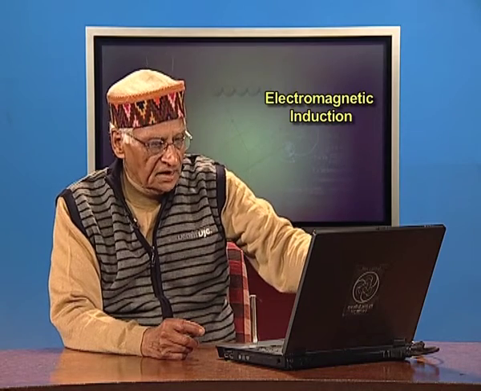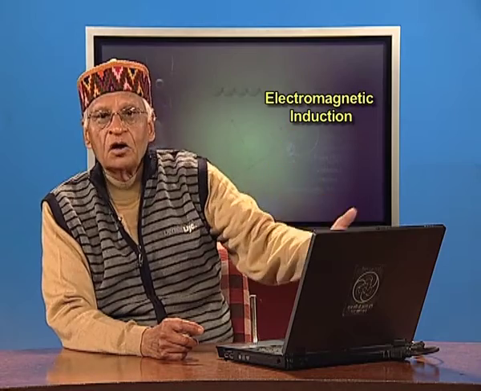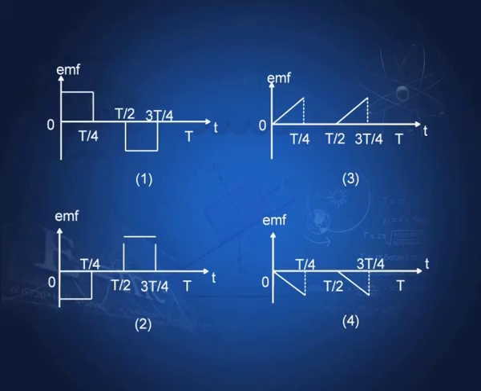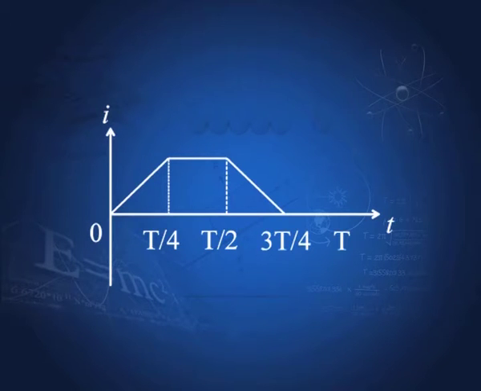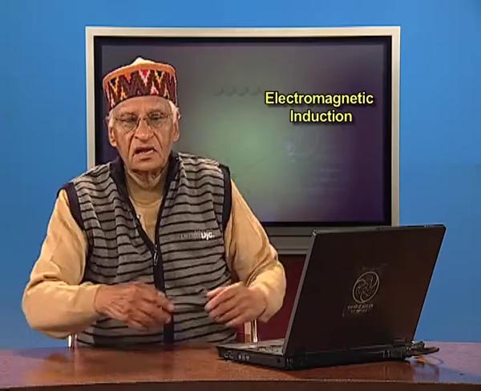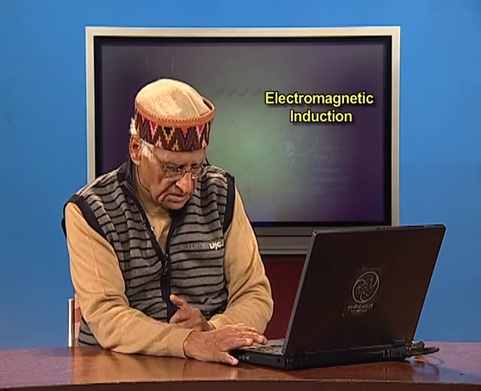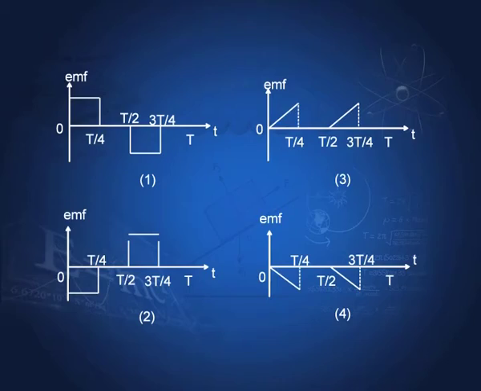So, this one increasing would produce an EMF in this direction. Then it becomes steady. So, the EMF reduces to 0. It remains steady for some time, so the EMF is 0. Then it decreases. Now, the current is decreasing, that is magnetic field going in the opposite direction. Therefore, EMF also changes direction and it becomes in this direction. So, this is the profile that corresponds to the change in current in this fashion.